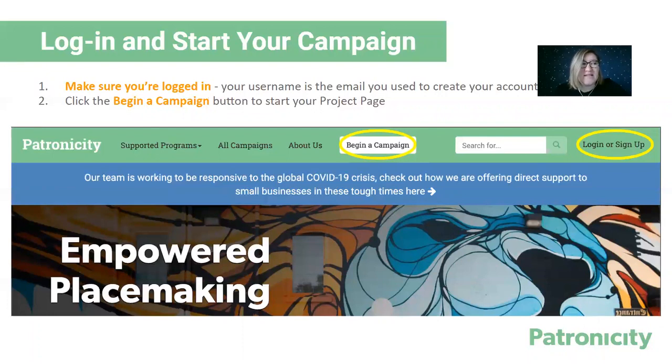You'll be directed to enter your goal amount, the name of your project or campaign, and your region. The goal amount and the name or title of your campaign or project can be changed later. Your region or location will help us identify any sponsored programs near you. Once you fill that information out,